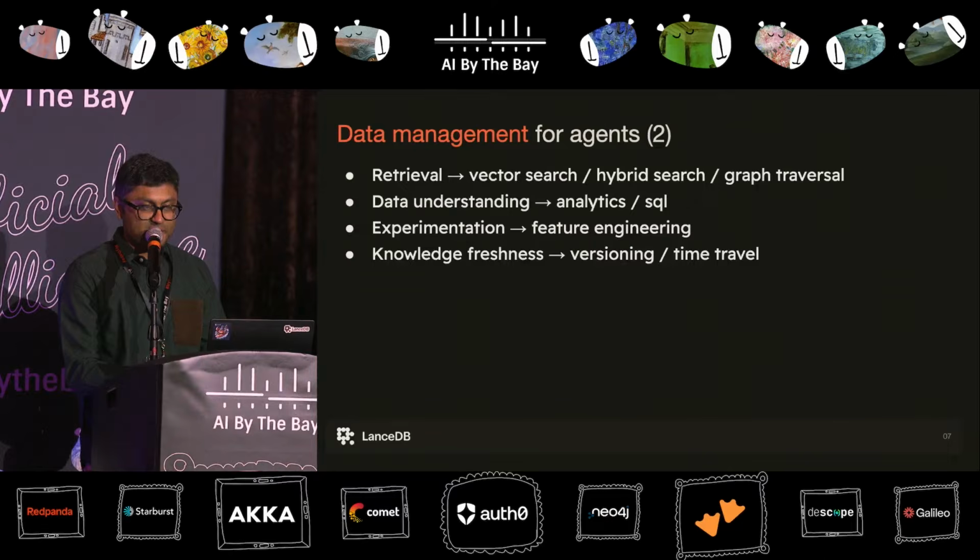The knowledge freshness aspect is really important. You'd want some form of versioning or time travel in case things break and you want to go back in time to query a snapshot. And for state management, you may want to do key value fetching operations to obtain the right context based on the current state of an application.